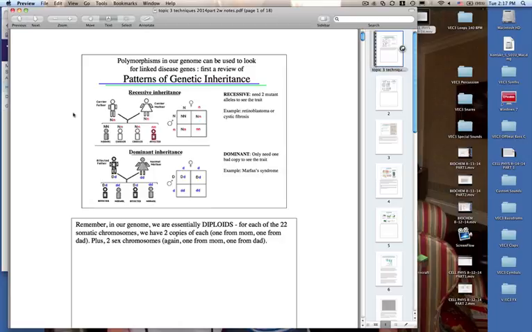Mom is totally fine. Dad's only got one bad copy, but remember, in a dominant phenotype, you only need one bad copy. So again, if you do the Punnett squares, now you've got half that are normal and half that are affected, right? So anybody who's got the two small d's are normal, and everybody that's inherited that bad allele from dad